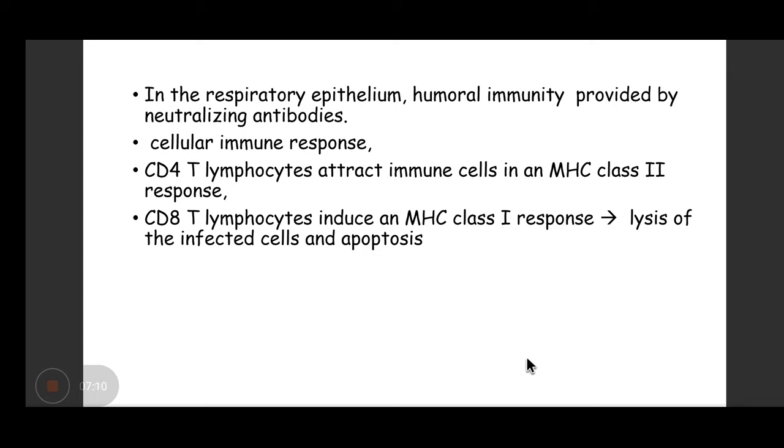And the immune response in pneumonia is both humoral and cell-mediated immunity. Humoral immunity is present in the respiratory epithelial lining, which are neutralizing antibodies, and cell-mediated immunity is mediated by both T lymphocytes, CD4 T lymphocytes and CD8 T lymphocytes. CD4 T lymphocytes attract immune cells in an MHC class 2 response. CD8 T lymphocytes induce an MHC1 response, which is the lysis of the infected cells and apoptosis of the